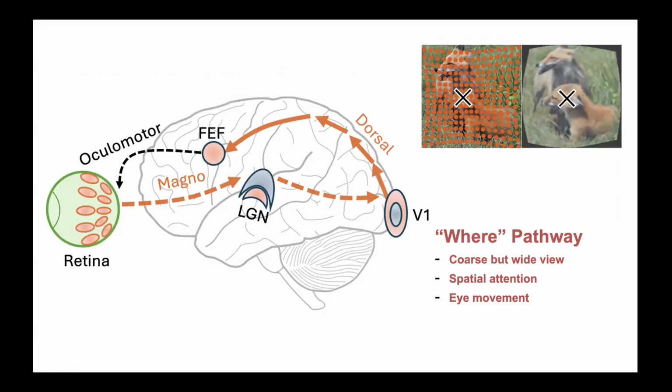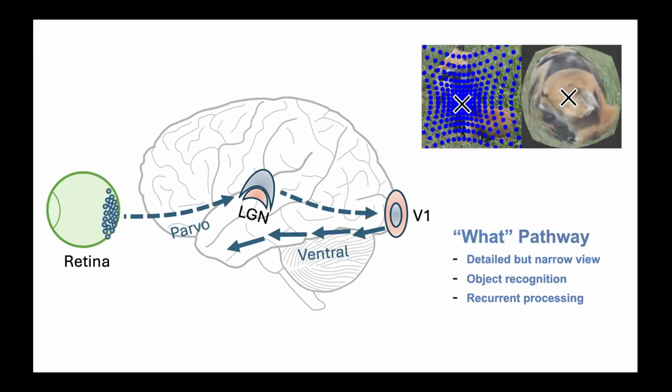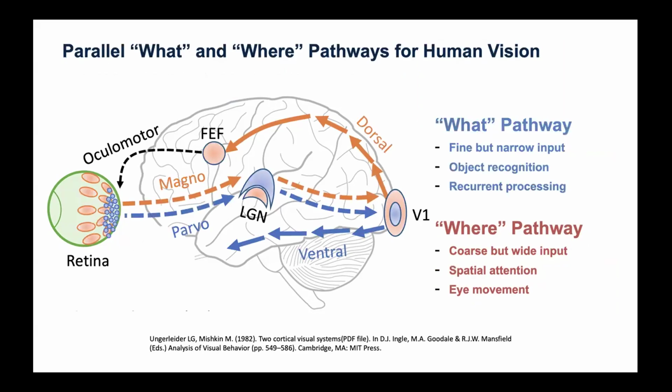So part of the strategy is that the wide view will have to figure out where to look next. And that's based on the information of the where system in the visual cortex, the dorsal pathway. And this is largely segregated from the what pathway, which goes along the ventral stream. Putting these two things together, there are two largely parallel pathways, and at least there should be two different neural networks, and how they work together is a question that we want to figure out.